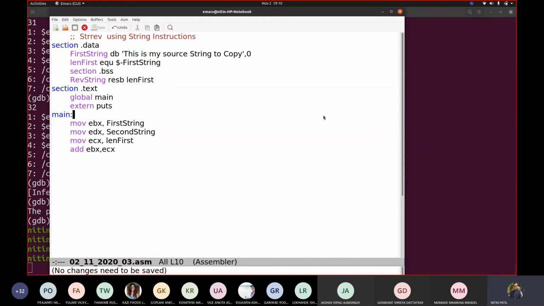Fine. Let us see what it displays. So we'll write push EBX, call puts, add ESP, 8. If we add ECX, ECX is what? Length. EBX is containing the address. So if it is pointing at this, and if I add 33, then what should happen? It should go somewhere. So what does it print?